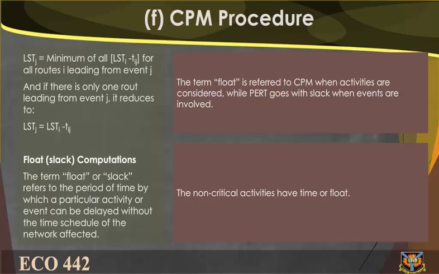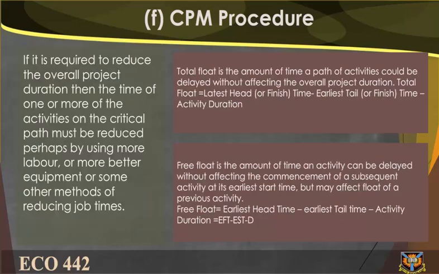Float (slack) computations. The term float or slack refers to the period of time by which a particular activity or event can be delayed without the time schedule of the network being affected. The term float is used in CPM when activities are considered, while PERT goes with slack when events are involved. The non-critical activities have time floats. If it is required to reduce the overall project duration, then the time of one or more of the activities